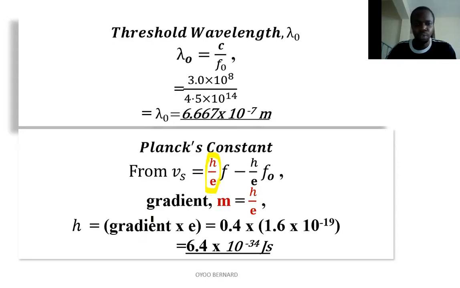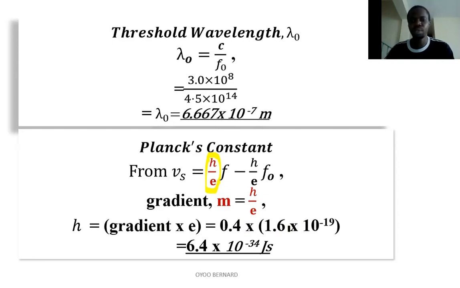So you get the gradient from your graph. Please obtain the gradient from the graph. Mine, because I did it in Excel, Excel generated the equation for me, and from that equation the gradient was 0.4. So obtain yours, and then you multiply by